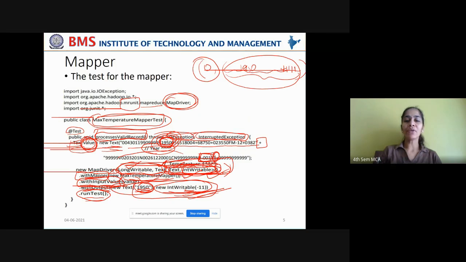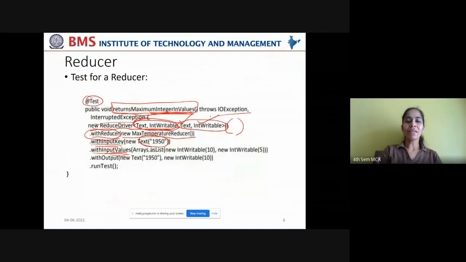But in this case, you are mentioning the key, which is year, and you're mentioning the input values also. You are not extracting it from the NCDC data. You're just trying to write a unit test which checks whether this functionality gives the correct result or not.